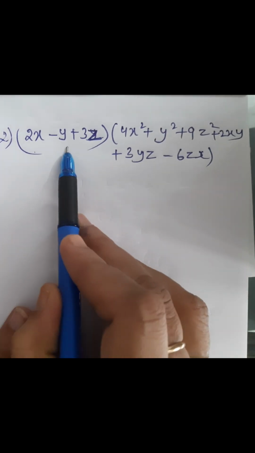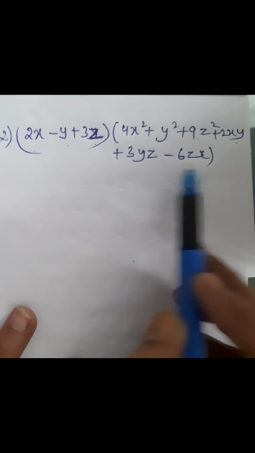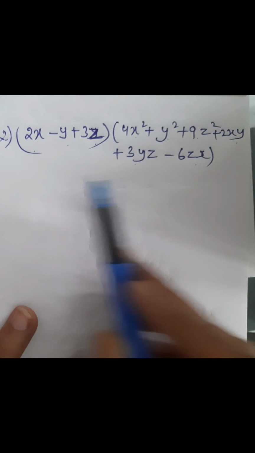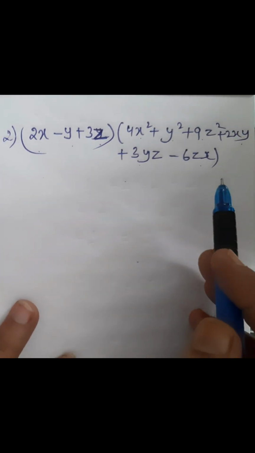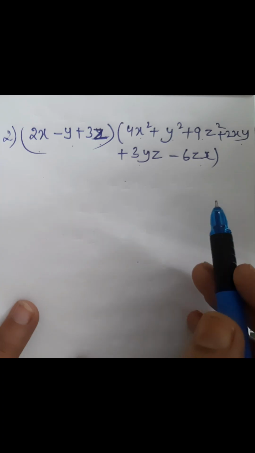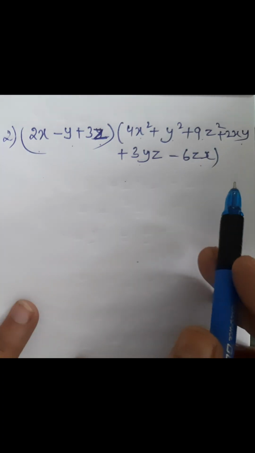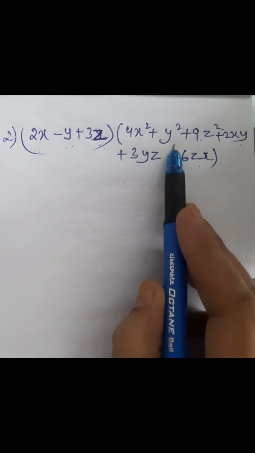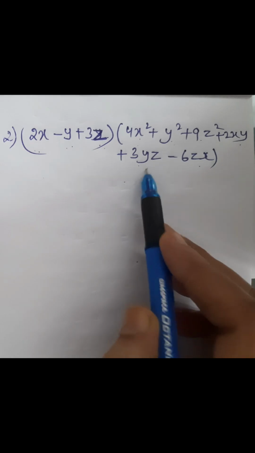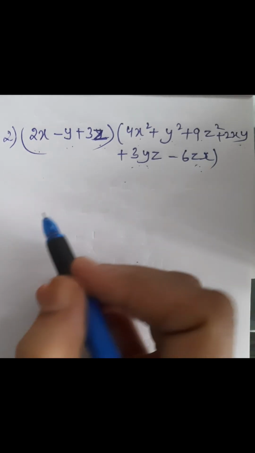For this kind of question, this is a, b, c: a square plus b square plus c square plus 2ab plus 2bc plus 2ca. So this is the a plus b plus c whole square identity. Whenever we find any negative term in between, how can we calculate? This is the expanded one. If we multiply them, a minus b minus c, a square plus b square plus c square, it's not 2ab, it's bc, ca, ab.